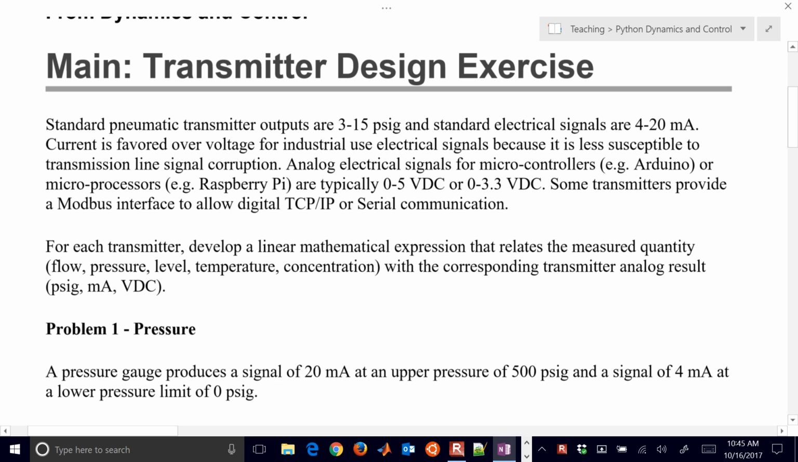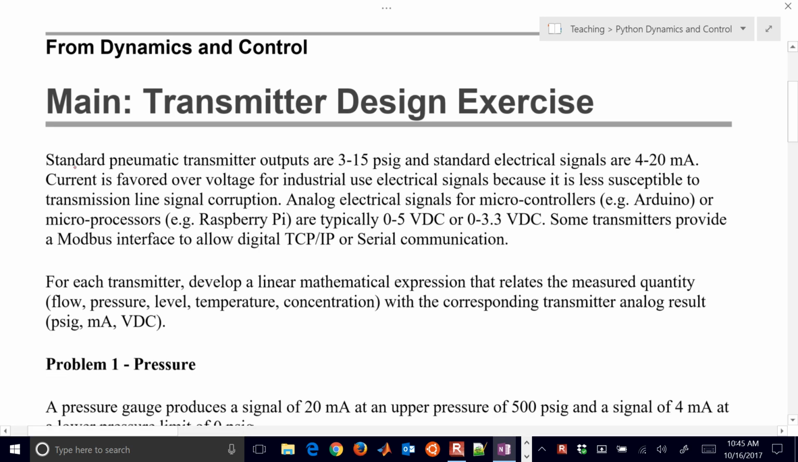This is a transmitter design exercise. We're going to be talking about signals and systems that come from instruments for process control. So we have typical standard pneumatic transmitters, outputs 3 to 15 psig, and standard electrical signals are 4 to